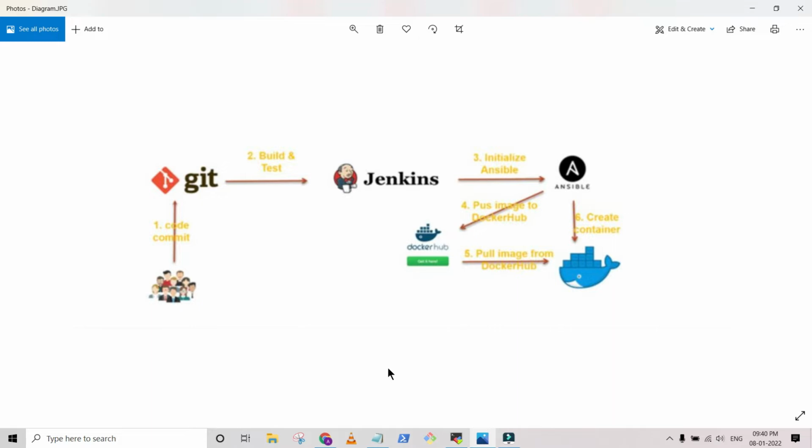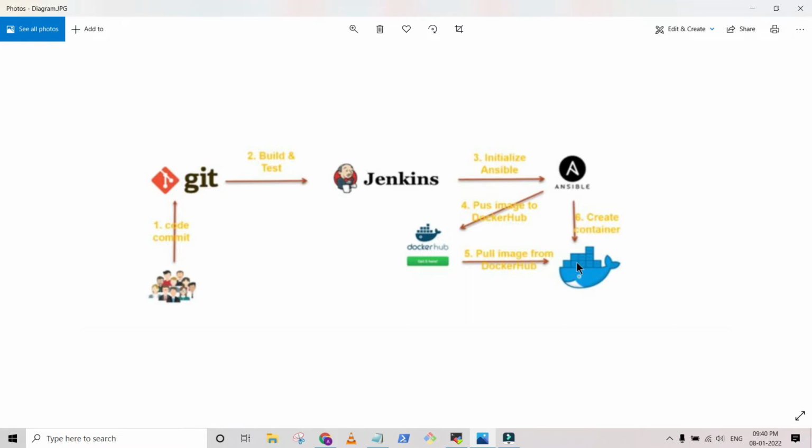So in this video we are also going to play with the Ansible playbook to do all those things, and we are going to host it in Ansible itself in the next video. After that we will do the integrations with Ansible, so that when the artifacts move to Ansible, it will create an image and push it into the Docker Hub, and once the image gets pushed we invoke another Ansible playbook from Jenkins itself. So all the things will be automated, and it will create a container,